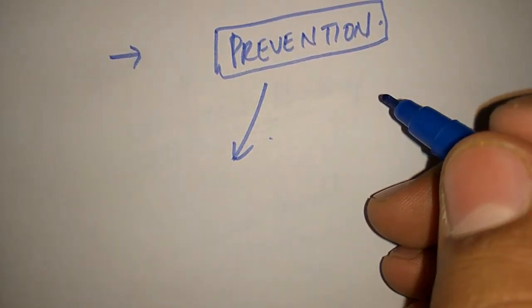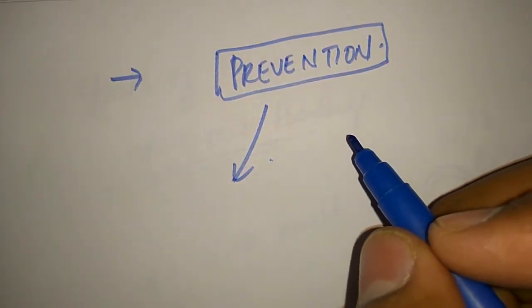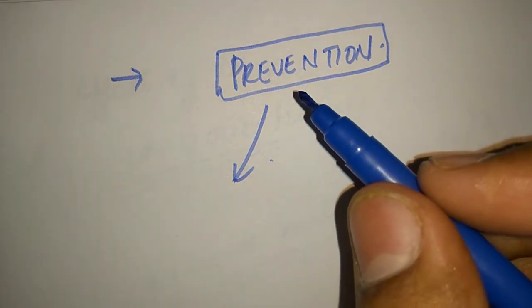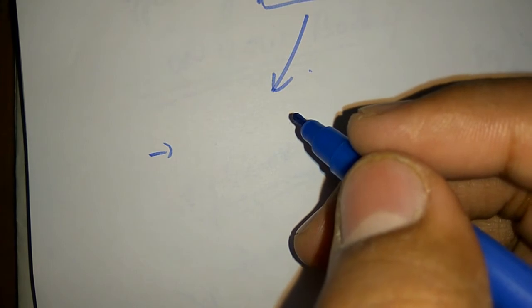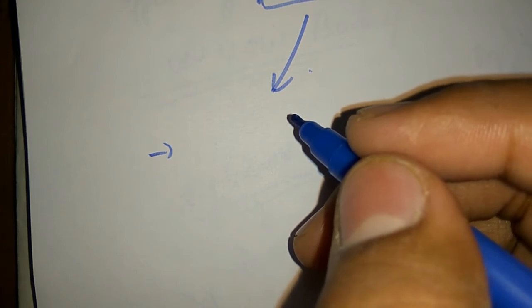Now that you know how diabetes will affect your body, let's see how we prevent this. Well, prevention. Many of you already know that diabetes can be hereditary. That means if your father or your mother has diabetes, then you may have a chance of getting it in your future. So in these kinds of individuals, all we can do is